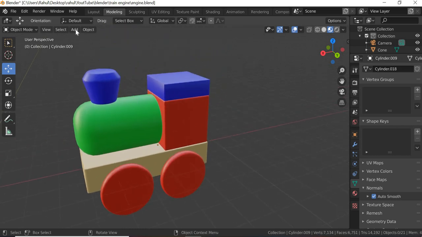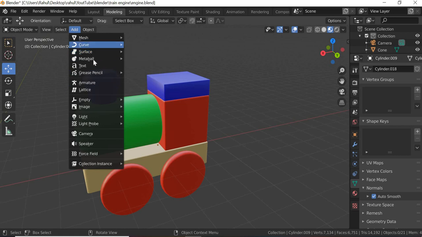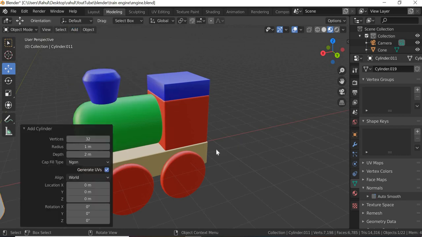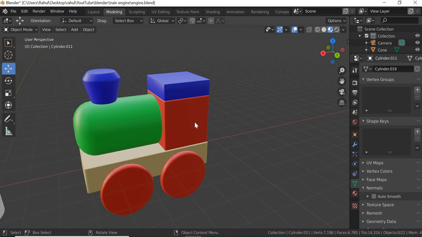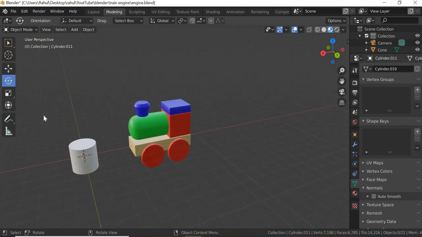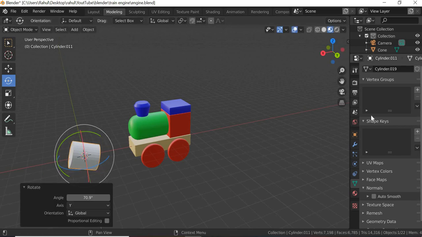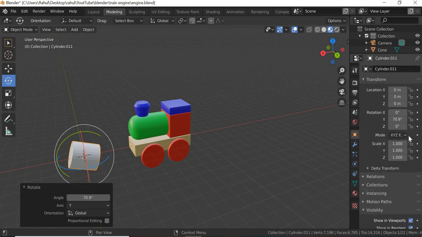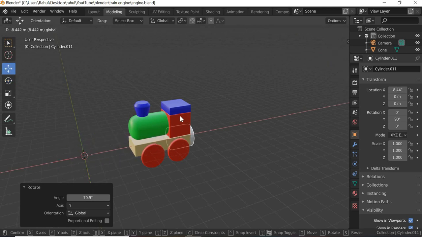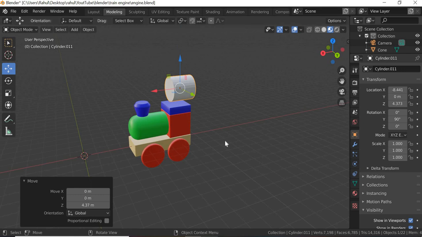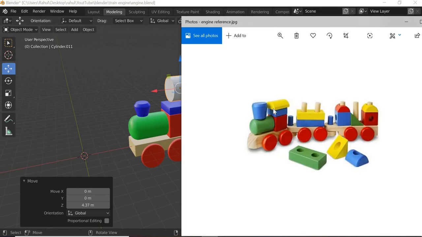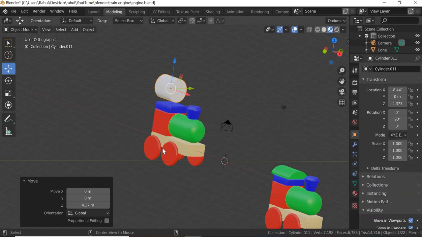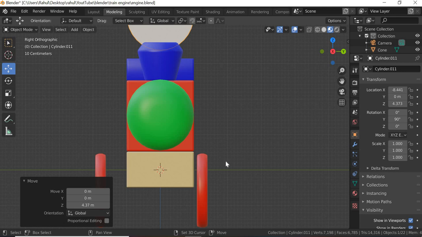Now we need to work on this part. So what you can do is go to add a cylinder, rotate it, 90 degrees. Move it in place. We are creating this. So we want to cut the cylinder. So what I will do is go here,